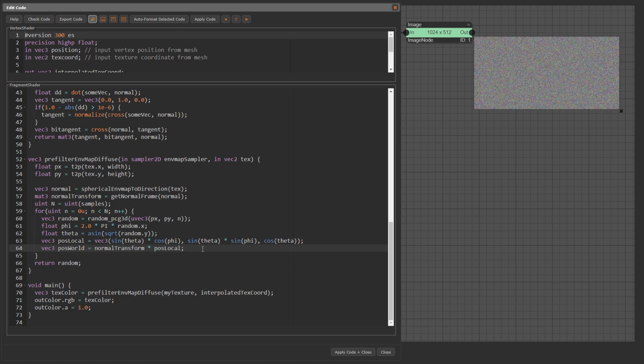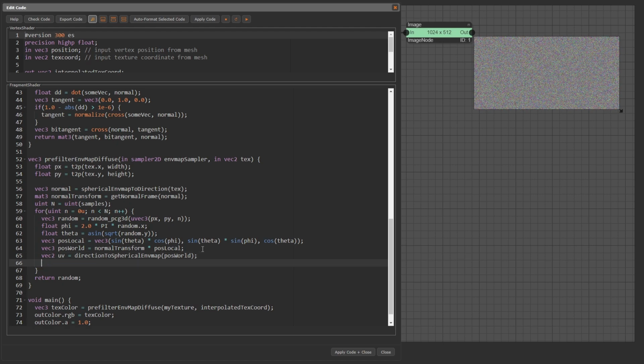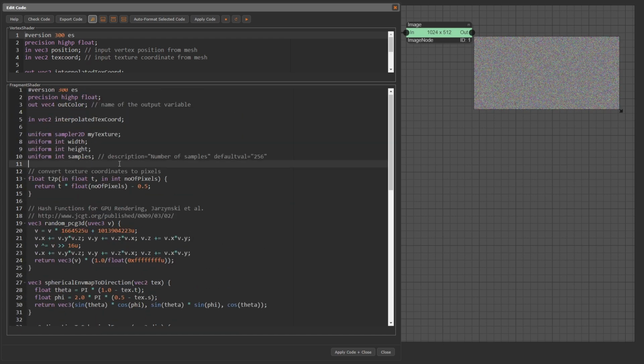We determine the location of the sample position in world space in the environment map. vec2 uv equals direction_to_spherical_env_map(pos_world). We read the radiance value at this location. vec3 radiance equals textureLod(env_map_sampler, uv, mipmaplevel).rgb, where mipmaplevel is a uniform variable.